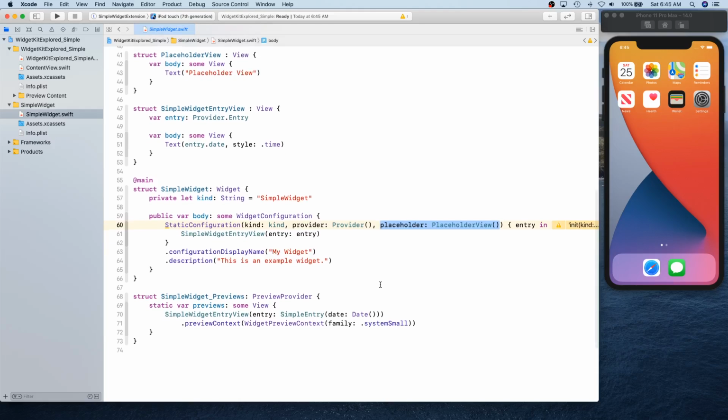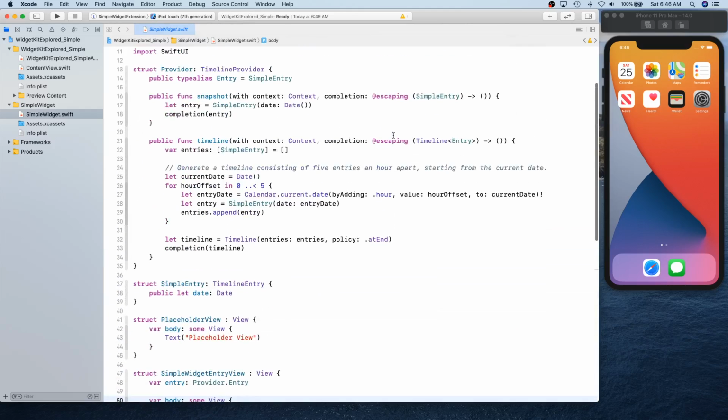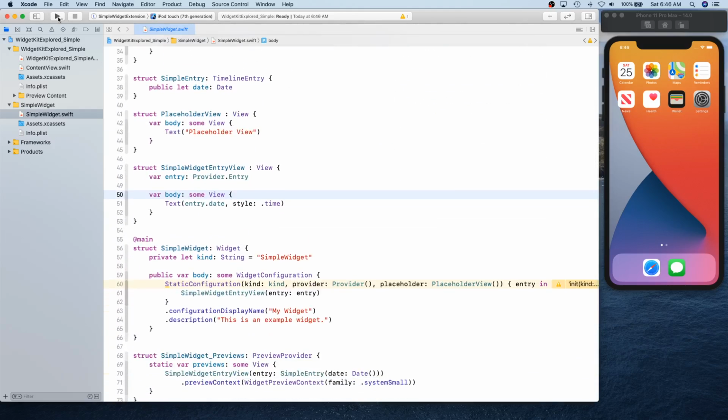For this course, we're going to keep our placeholder view because, like I said, things are not fully fleshed out for placeholder views, and they're still actively working on it. So we're going to leave it as is, and we're going to work with the warning until the next beta comes out, and hopefully they're going to be much more decisive on what they want to do with the placeholder view. But let's go ahead and run this widget as is, and this should show us a time.